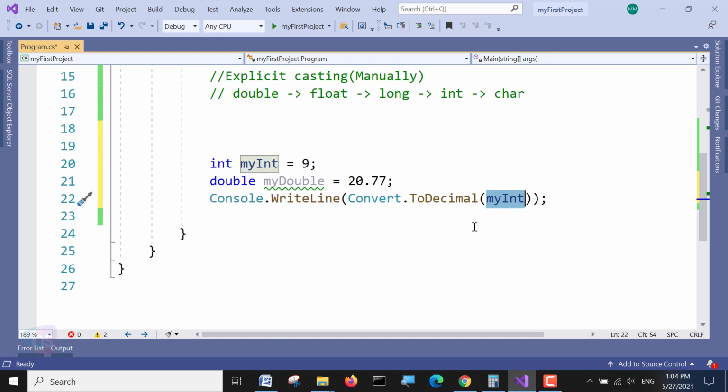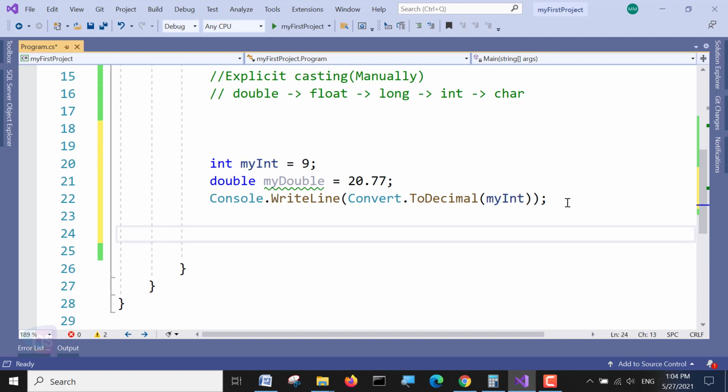Very simple. If you want to convert this double to integer, what will you write here? Console.WriteLine Convert dot ToInt32. Based on your capacity and the range you need, whether ToInt32 or ToInt64, you have to choose yourself.